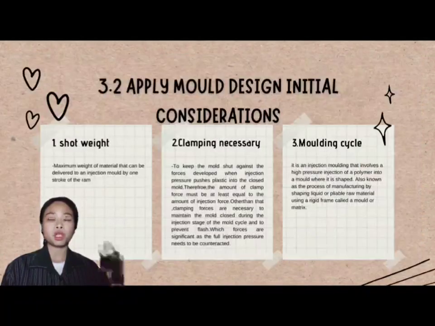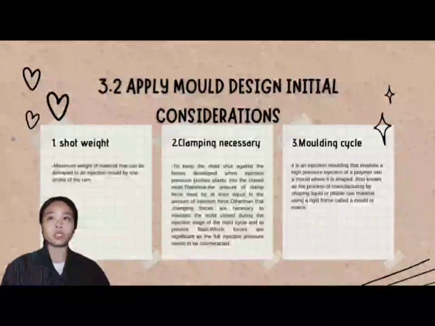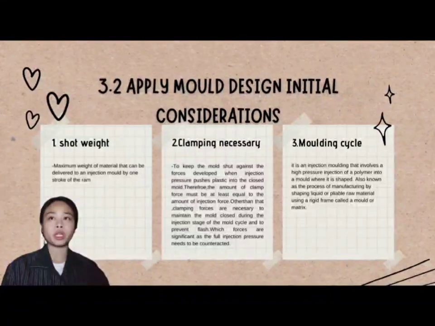Apply mold design initial considerations. Firstly, preliminary factors of mold design. Firstly, shot weight: the maximum weight of material that can be delivered to the injection mold by one stroke of the ram. Secondly, clamping force necessary to keep the mold shut against the forces developed by the injection pressure pushing plastic into the